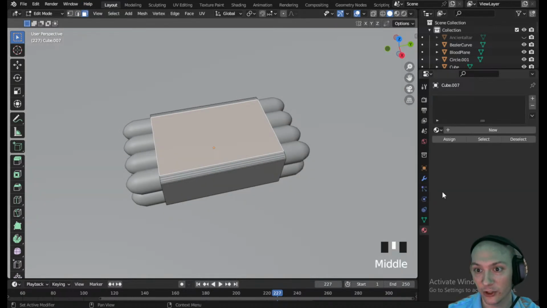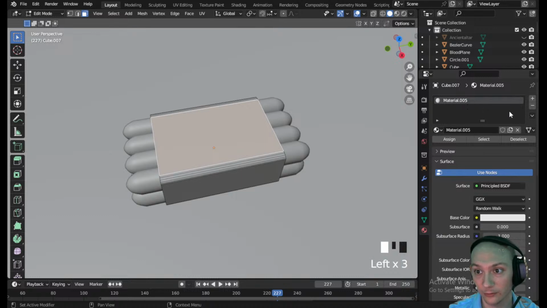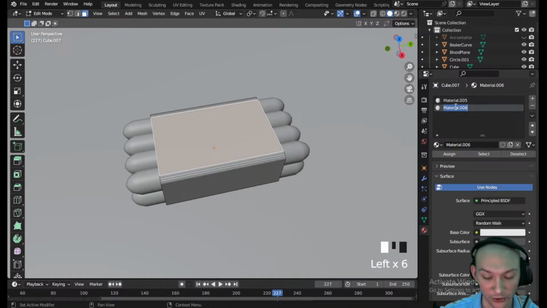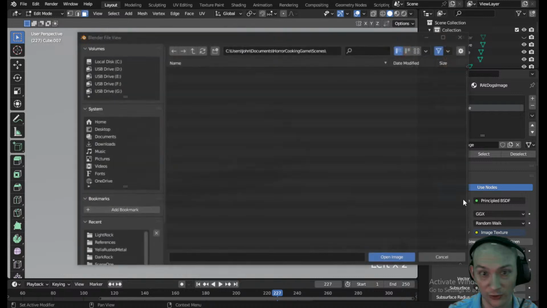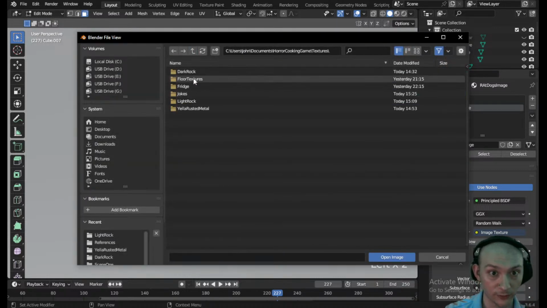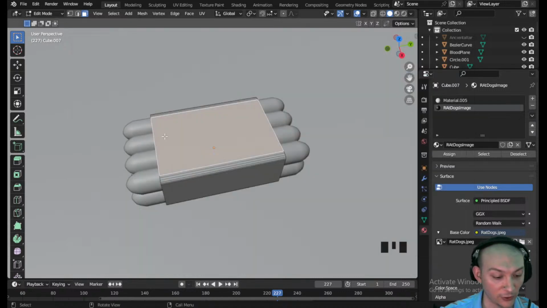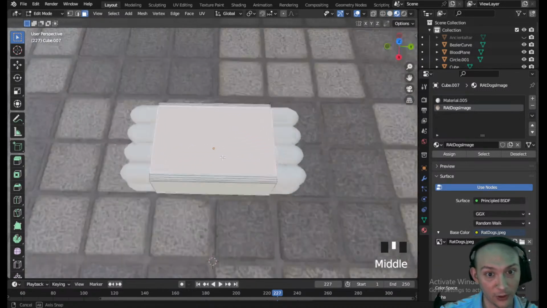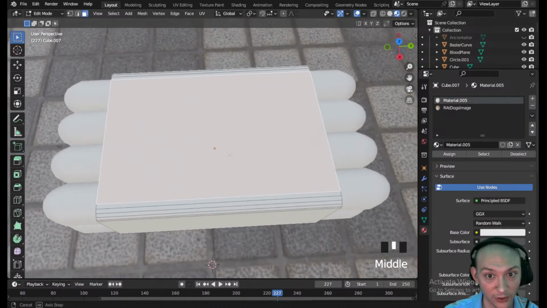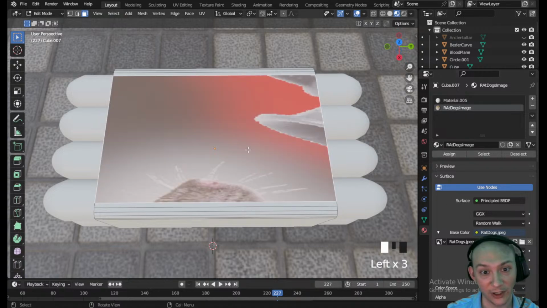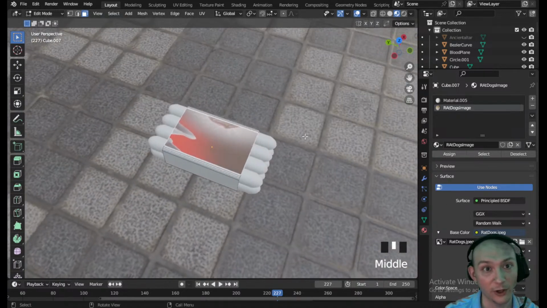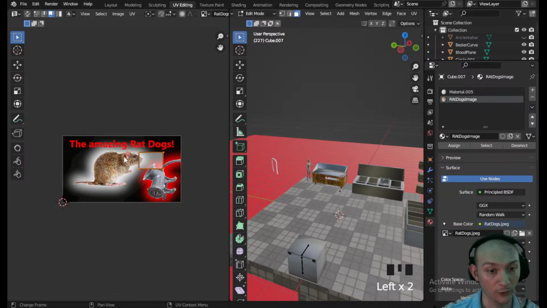We want to go to materials. We'll go new. I've got to make another one too because there's going to be multiple materials. So we'll call this rat dogs image. And let's go ahead and add that image in. So we just need to select it from our textures. Jokes, that's right, rat dogs. All right, so then we can go to material preview and nothing is showing up. Isn't that strange? So, oh, that's right, because it's not assigned. So now we assign it, and now we have our image showing up right there, but it's all out of whack, so we need to